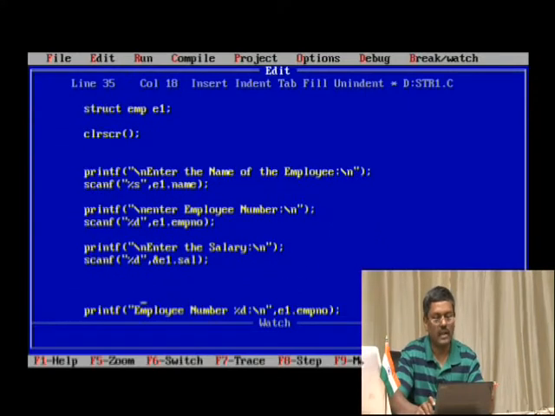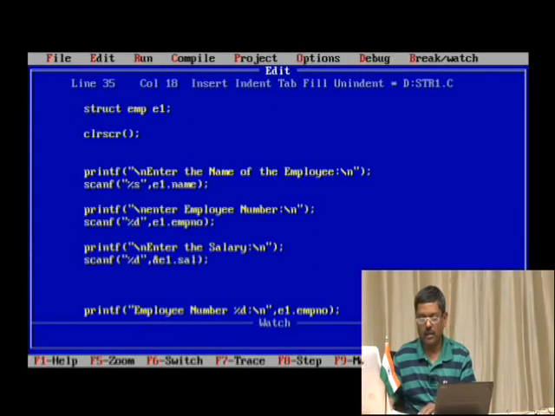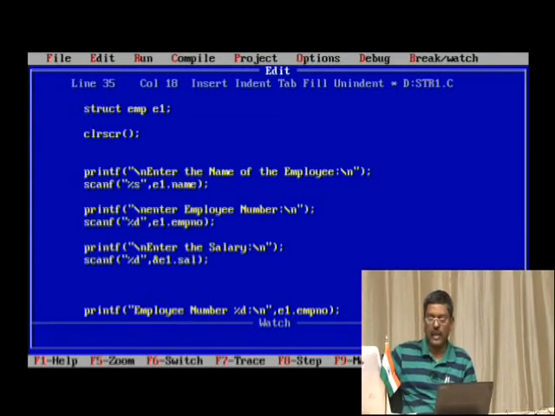The dot operator is the one which facilitates accessing the members, and we have seen how to enter the input data into the variable, which contains some members as defined in the structure, and the same can be displayed onto the monitor using an output function like printf.